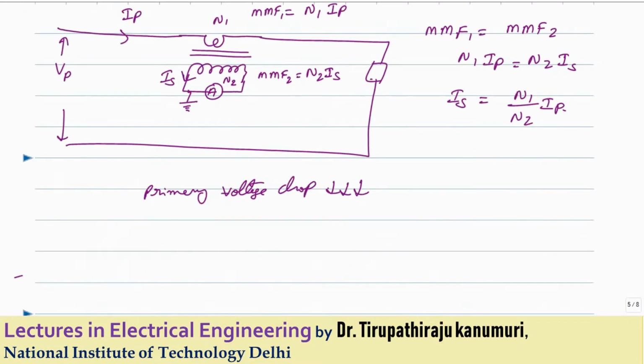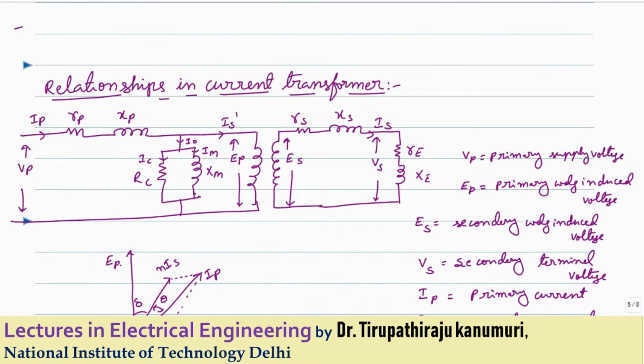So this current transformer I can represent by an equivalent circuit. The equivalent circuit will be similar to the normal transformer only. The only difference here is the primary current is not dependent on the load. The primary current is independent of the load. Let us assume the burden or the load, that ammeter whatever is connected. That impedance I am representing by Re plus jXe, that represents the impedance of your load, and this Rs